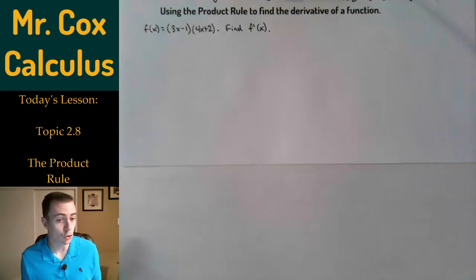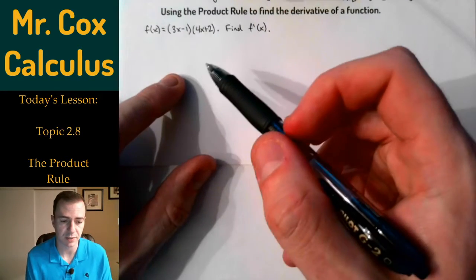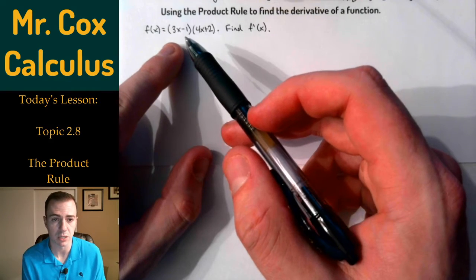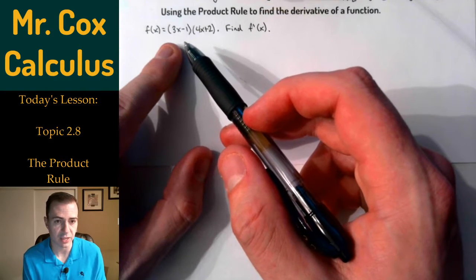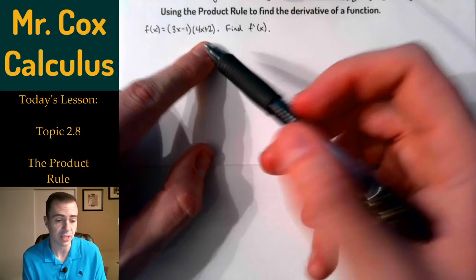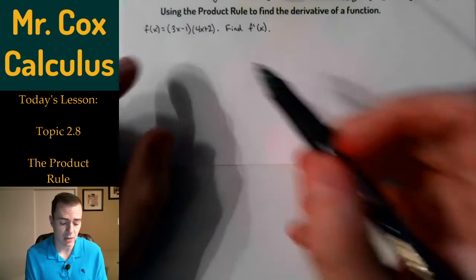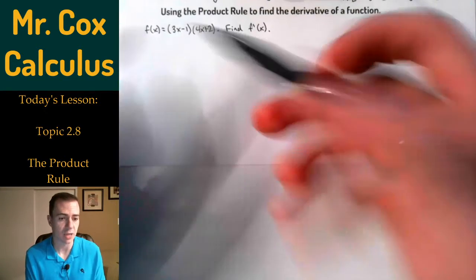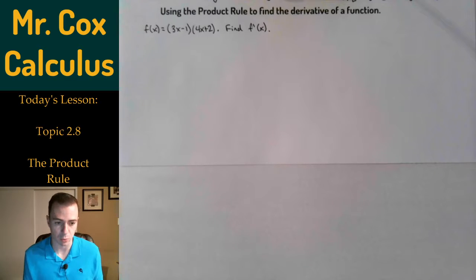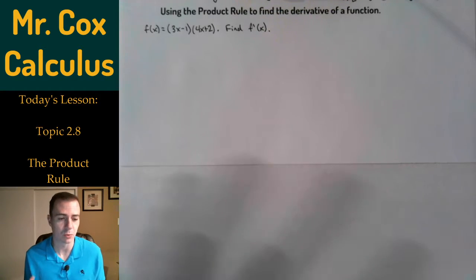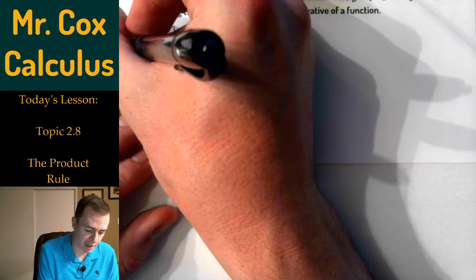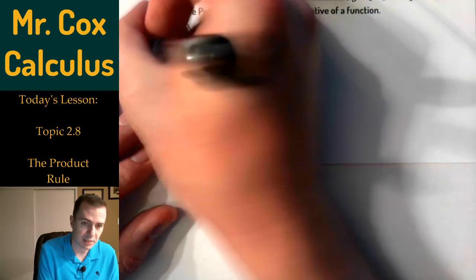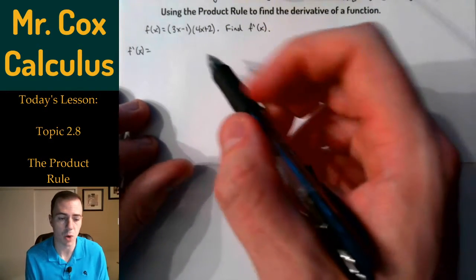Now, what I told you you couldn't do the first time we looked at this, before we knew what the product rule was, is take the derivative of this, which is 3, times the derivative of this, which is 4. What we did instead was multiply it out, get it as a polynomial, and then apply our other rules. But I can apply the product rule to find the derivative of f of x. So f prime of x is equal to, if we think about what the product rule told us to do,